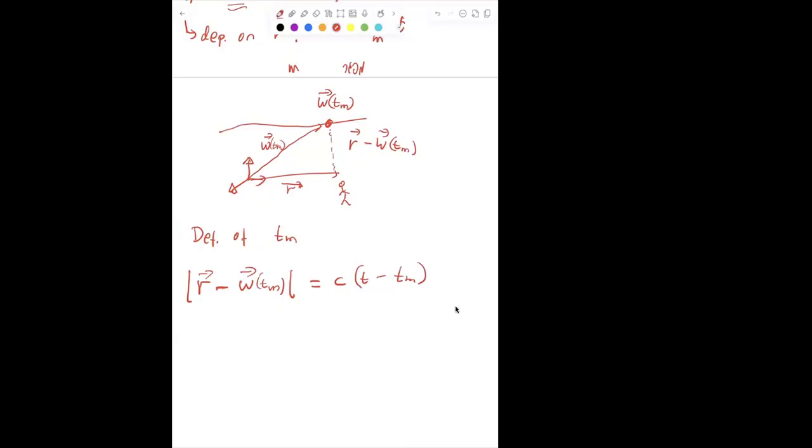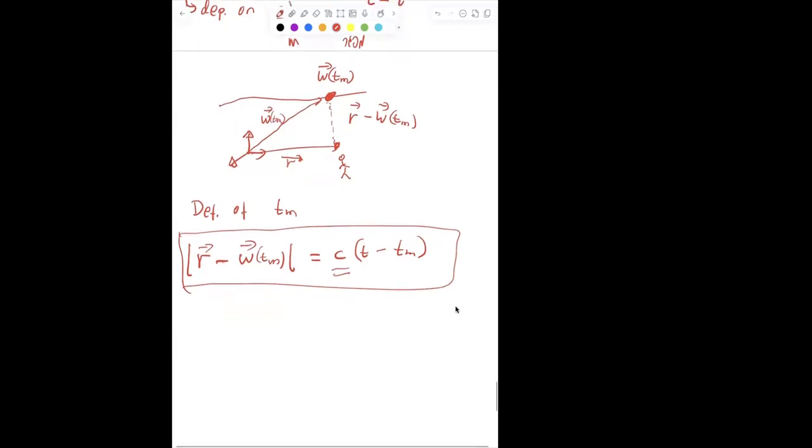So what is this Tm? I think you see this from this basic equation. This Tm is giving you the time where the information from this point W exactly arrived along this path from the starting point to the observable point when the velocity is c. Maybe this is not so clear to you what exactly I mean by this equation, so let me explain better. This equation I said defines Tm. So let us assume, just for an example, that